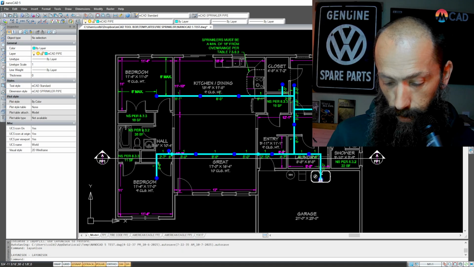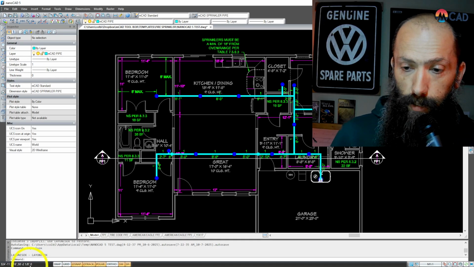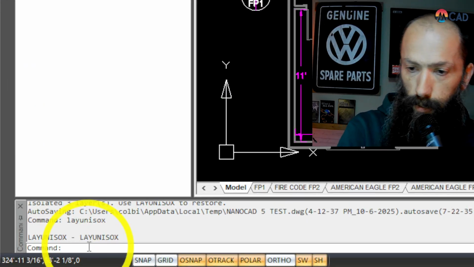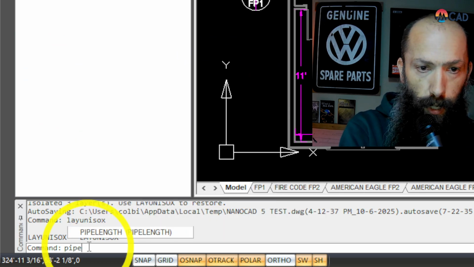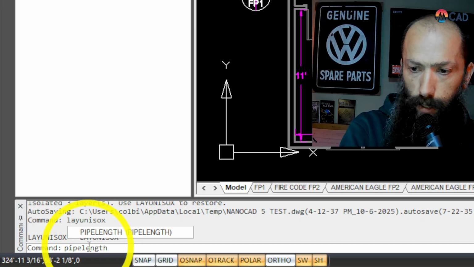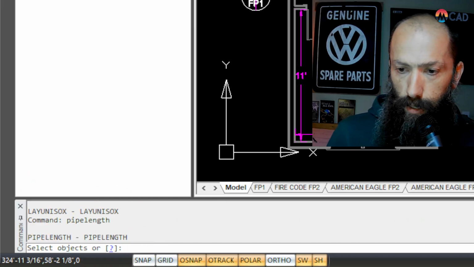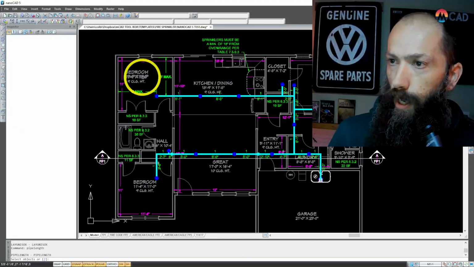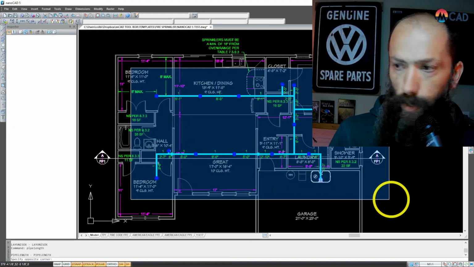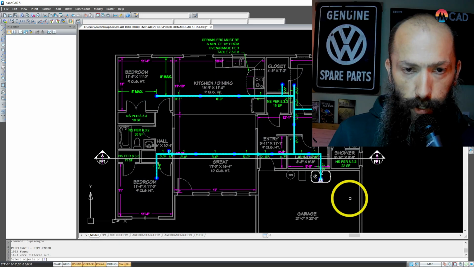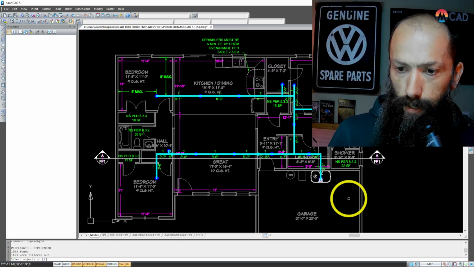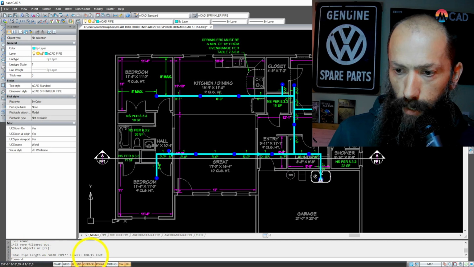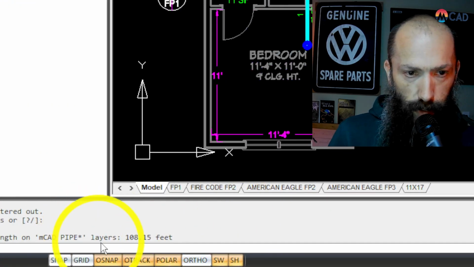Next one I want to go, I'm going to type in the command line, pipe length. It's saying select objects. So I'm going to zoom out, and I'm just going to make a box around all of the piping that I want to measure. And I'm done. I'm going to right click, go to enter, and if I zoom down here in my command line, it's telling me that I have